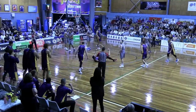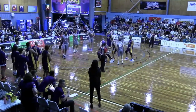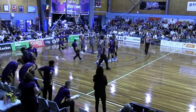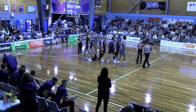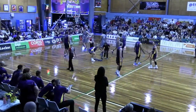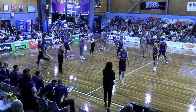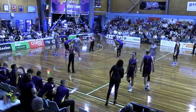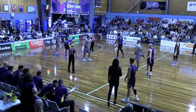Lamar Patterson goes to work again underneath. Can't get that one to fall. Well, does take the contact though, and he's going to go to the line for some freebies. I like the unselfish extra pass, Tees to Kai, to Cedar, to Patterson. Probably any of the three of them could have shot the three. Yeah. But I guess it's probably a good sign early of sharing the ball, trying to turn that good shot